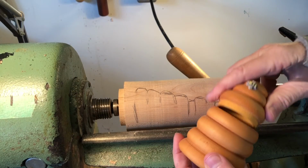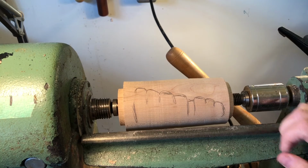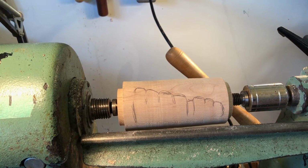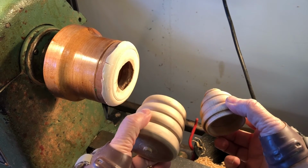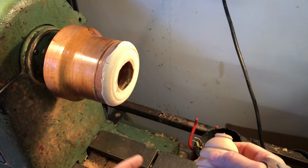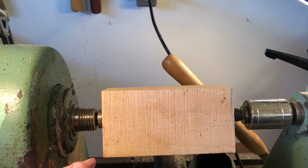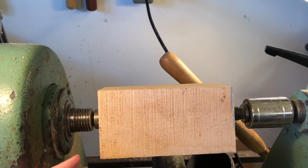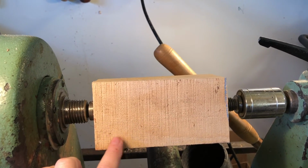The top is going to fit into the bottom, and there it goes. Yeah, I keep dropping things. Let's start turning. I've set up my vacuum chuck so that I can take both pieces and finish. Let's start again. Our other spindle gouges, yes, spindle gouges that I can use that will make turning this much